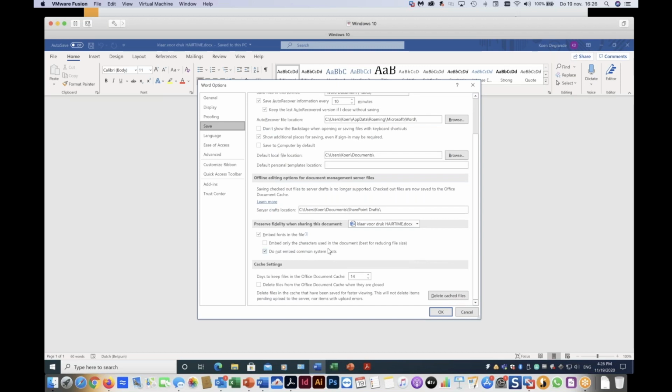Here we have the possibility to embed fonts in files. You have to know that if you install the Office application, by default, this is not marked. So this you should do to prepare your document. The problem is that most people think that when they mark this option, it applies to all the documents they will create from now on. No, you have to do it document by document,